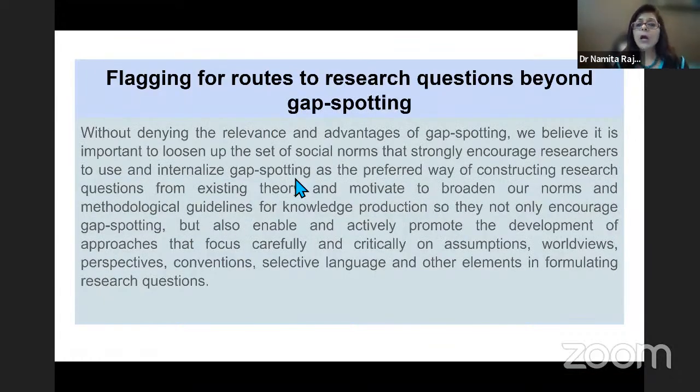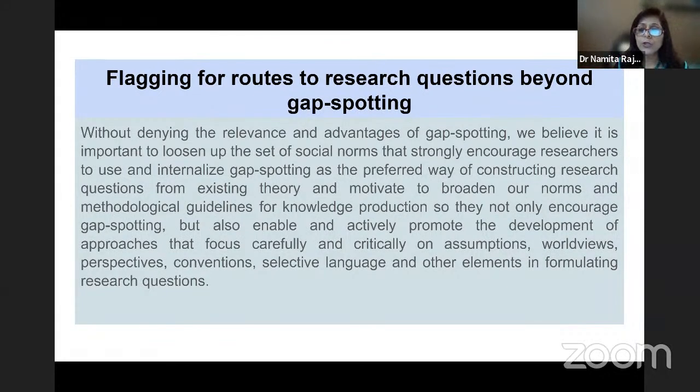So now we will be talking about some flagging routes to the research questions and finding out the research gap beyond gap spotting. Without denying the relevance and the advantages of gap spotting, we believe it is important to loosen some of the social norms that strongly encourage researchers to use and internalize gap spotting as the preferred way of constructing the research question from the existing theory, and to broaden our norms and methodological guidelines